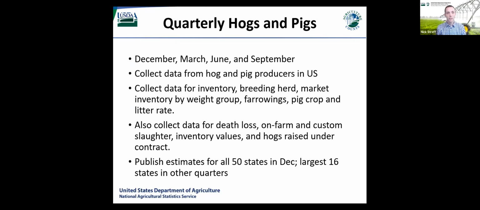So now that we're jumping into this, we do it in the quarters of December, March, June, and September. The reason I start with December there is the fact that's our base survey period. So every December, we draw a new sample of producers that we're going to contact. And then we continue to contact those same producers March, June, and September. And then we draw a new sample again for December. So that's why it always starts in December.